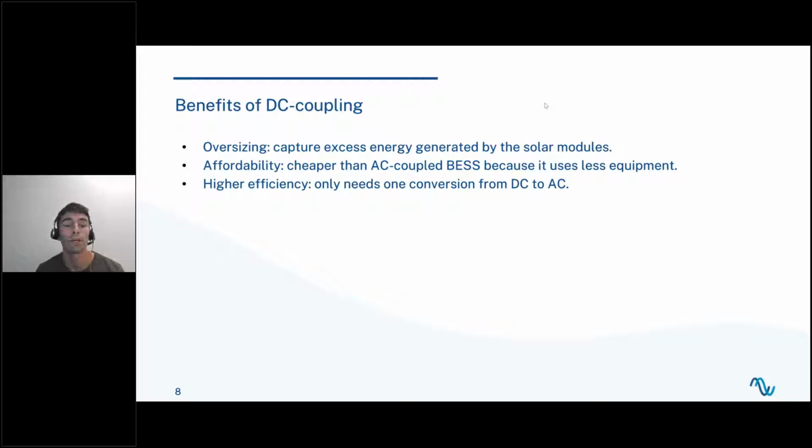So now that we know what battery energy storage systems are and why they are trending, let's dive into the benefits of DC coupling. The first one is oversizing. We know that oversizing is something that is commonly done in the solar industry because modules are not always producing at maximum capacity. So this leads to oversizing the DC part versus the inverter maximum power. And when the modules are actually producing at maximum capacity, there is excess energy that cannot be converted by the inverters. This is when DC coupled BESS gets all its benefits, because you can use this excess energy to charge the batteries,